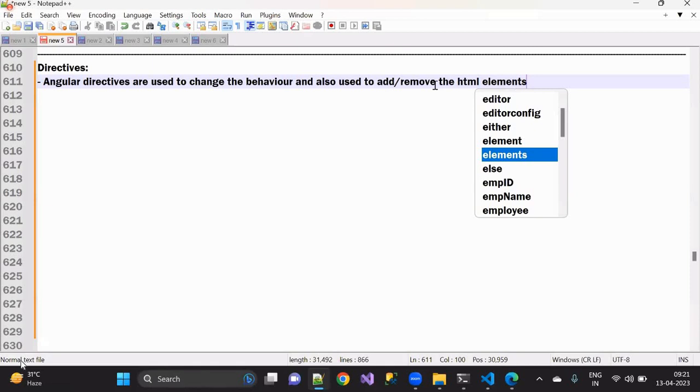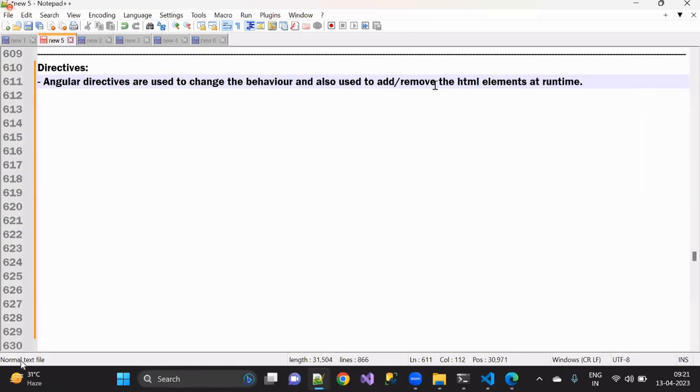Generally, Angular directives are nothing but a class only. So the way